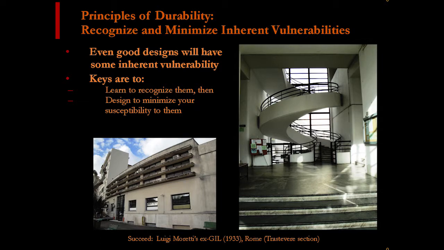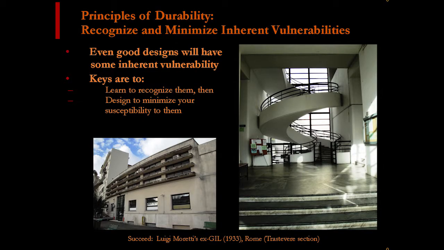So an example of that, this is an early modern building in Rome by Luigi Moretti, a really great early modern architect who's been more and more recognized in the past 5 or 10 years. It was essentially like a YMCA, a gym for the youth of Rome. Beautiful spiral stair he did here. The outside's pretty neglected and in rough shape, but you can see some of the beauty of the original design in the interior. So in the main gym of this space, he had this concept that he'd love to light it from above with these glass block skylights and just have this translucent light trickling down